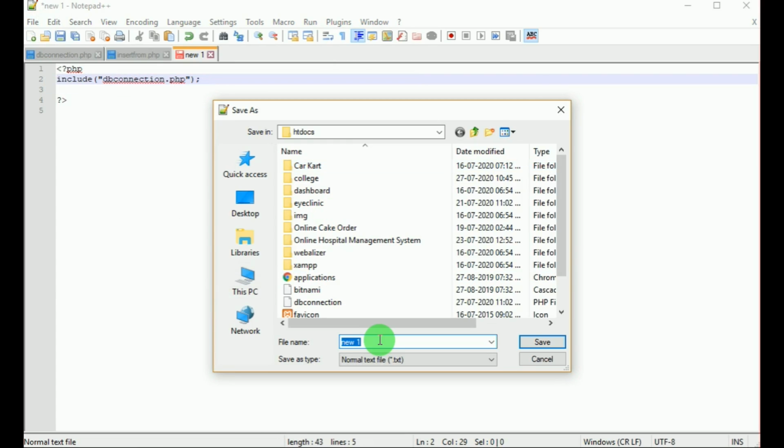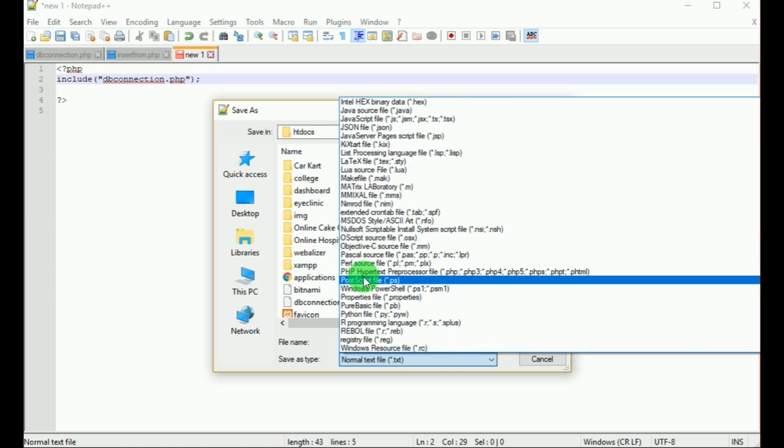Let's save this as insert.php, and the type is PHP.